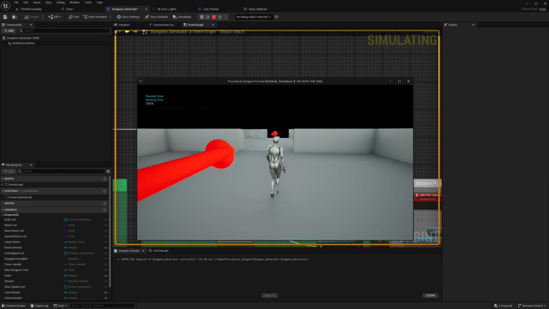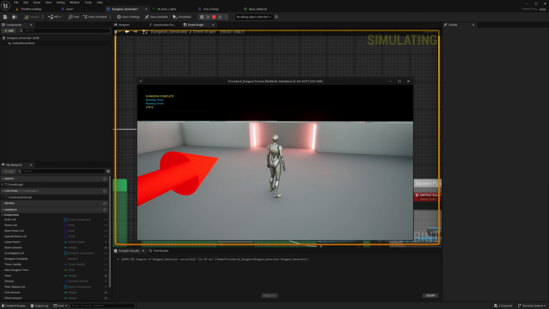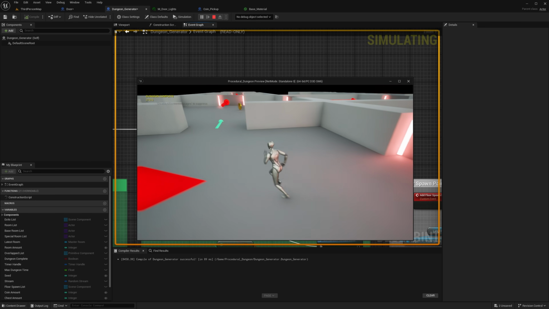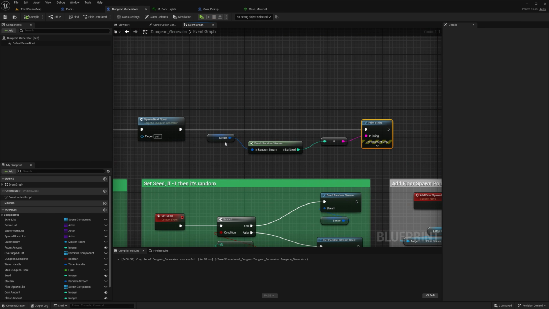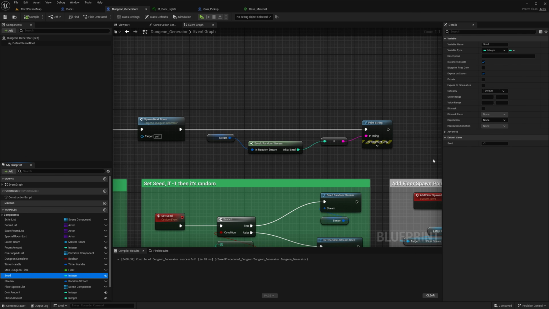See, in the left top corner, the seed number is 27516, and this number 220 something I already forgot. If you plug that number into the seed here, you get the exact same dungeon that we just saw.